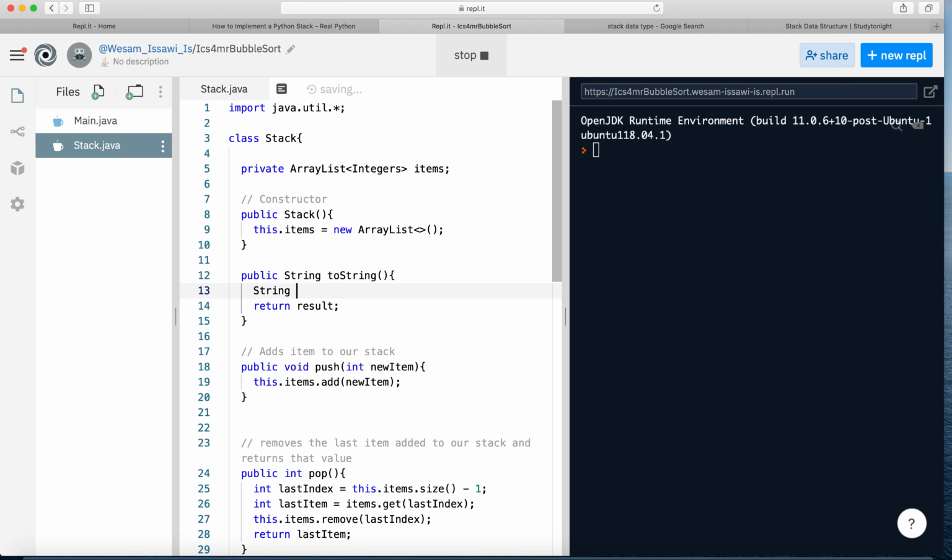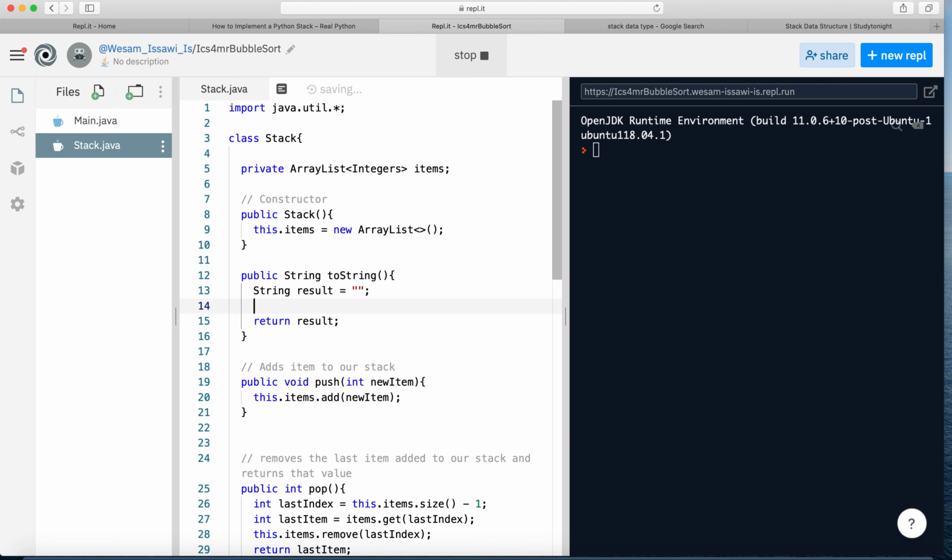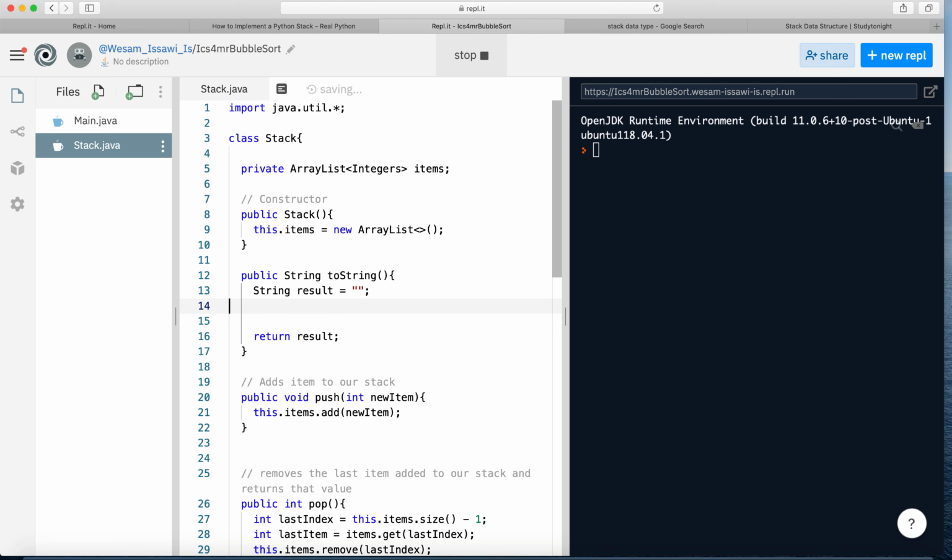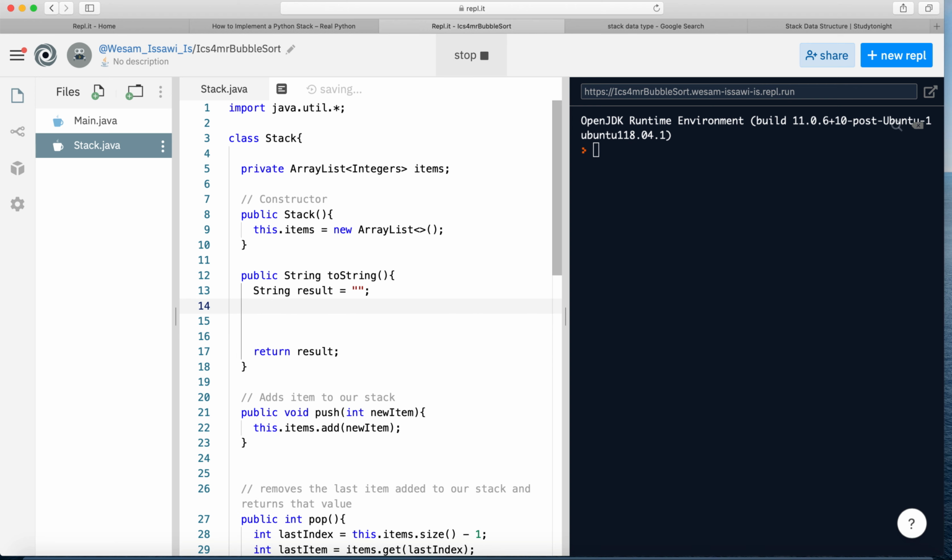String result equals, put nothing there. And now we'll build it with a for loop. So for int i = 0; i < this.items.size(); i++,